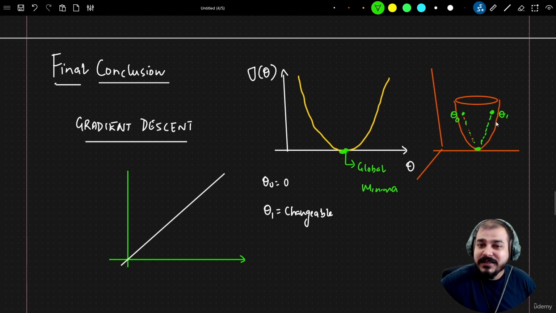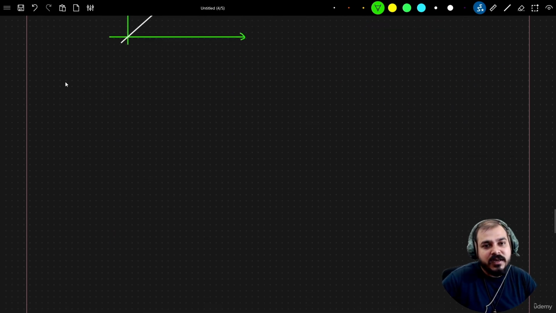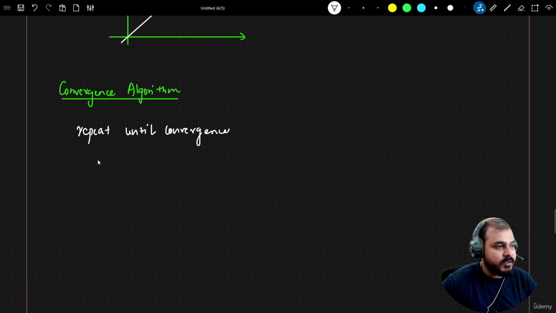Now, if I consider theta 0 and theta 1, let me go ahead and write my convergence algorithm. So what was my convergence algorithm again? I'm just going to update my convergence algorithm. And the convergence algorithm was pretty simple. Here, I will say repeat until convergence, the same thing that I have written on top. But here, my theta j will get updated something like this, right? So theta j